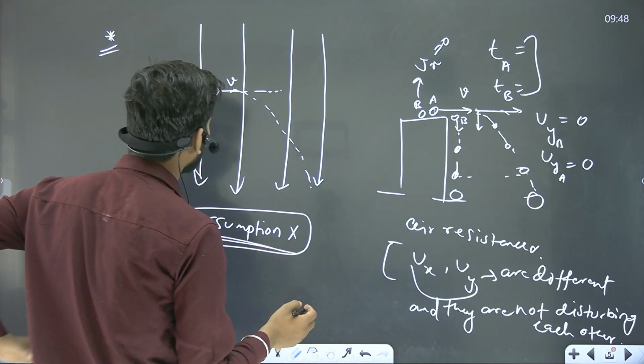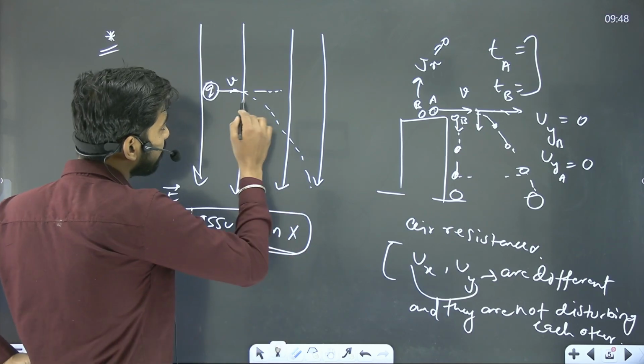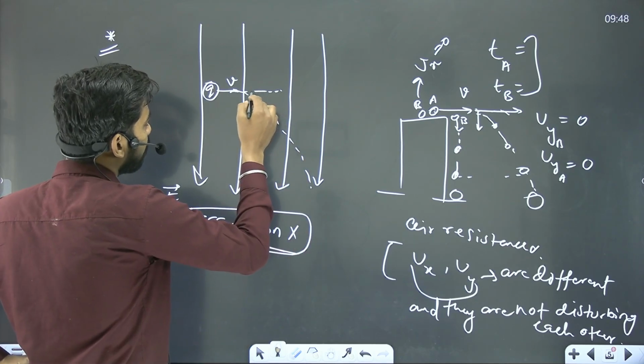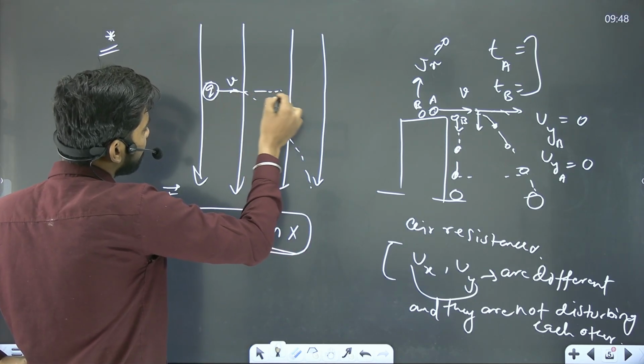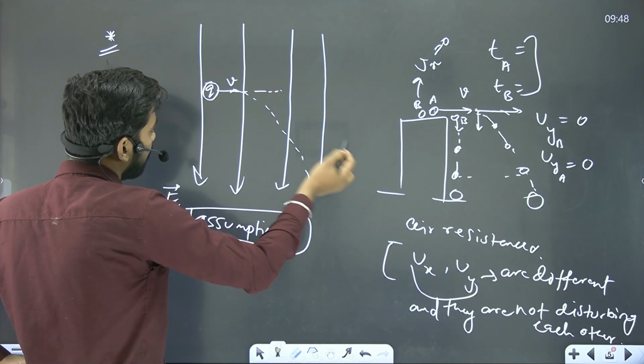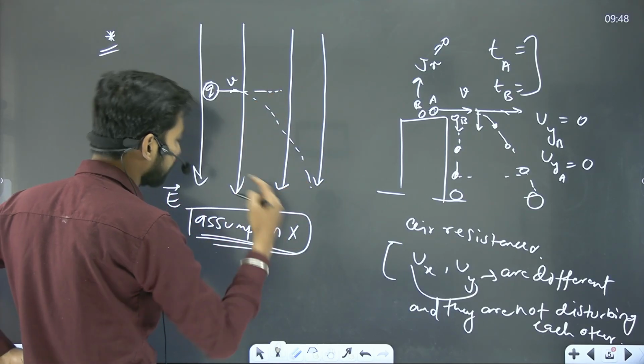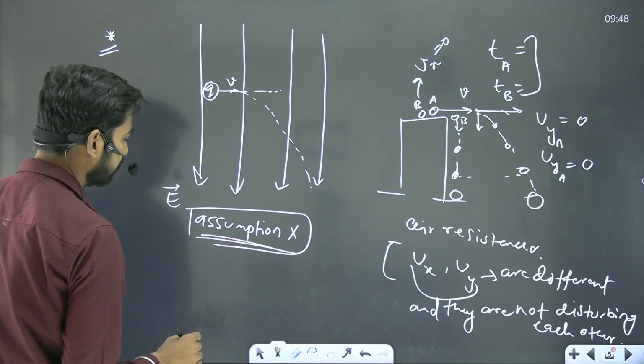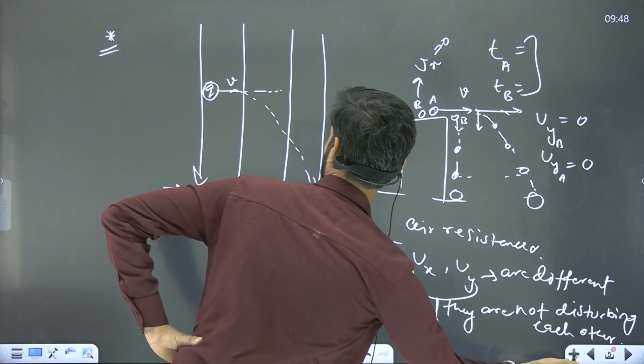So I hope this is clear, that the horizontal motion doesn't affect the vertical motion. Whatever distance the horizontal motion covers, it will cover, and whatever the vertical motion covers, it will cover. There will be no disturbance in both of the motions. Sir, good. Then, sir,